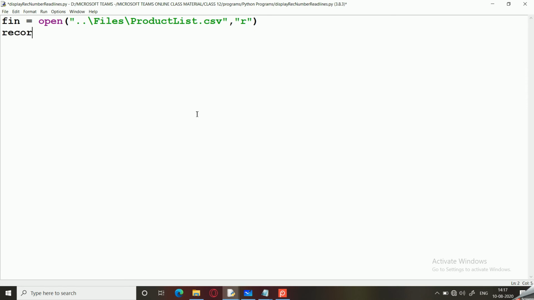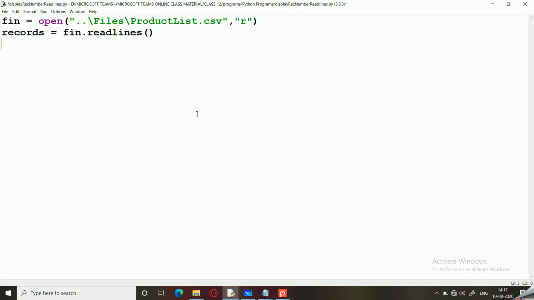So I am going to use records equals fin.readlines. So this will read all the records of the file and store them within a list, and that list would contain individual strings, and each string would be one record.